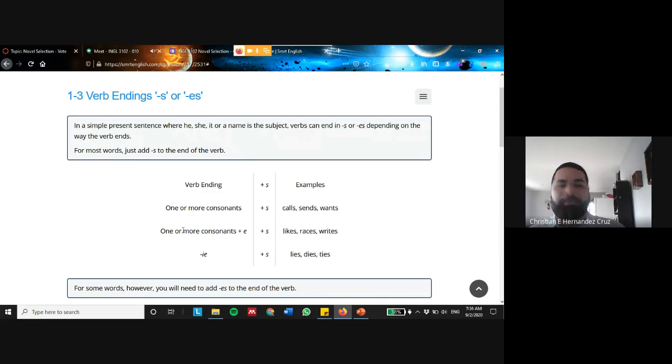You can also add S when it has one or more consonants plus an E, such as likes, races, rights,